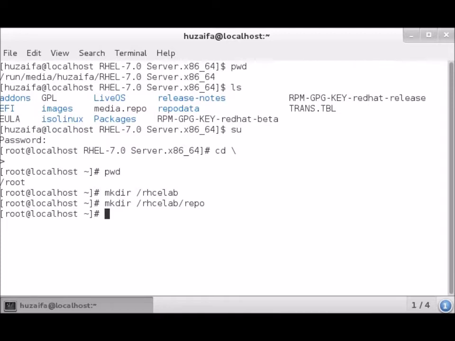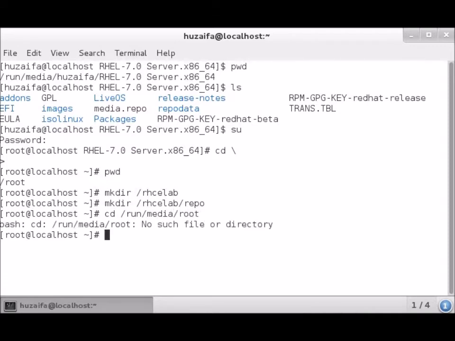To copy, first we need to enter this directory. So to change the directory, we will type the cd command, then /run/media/root.